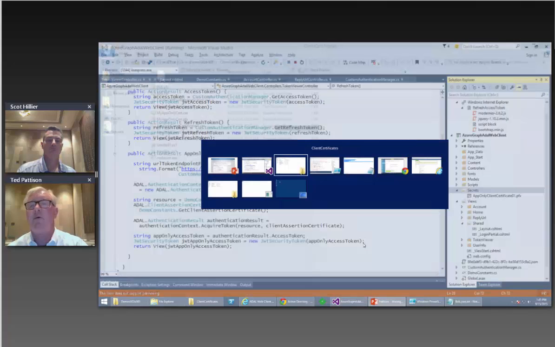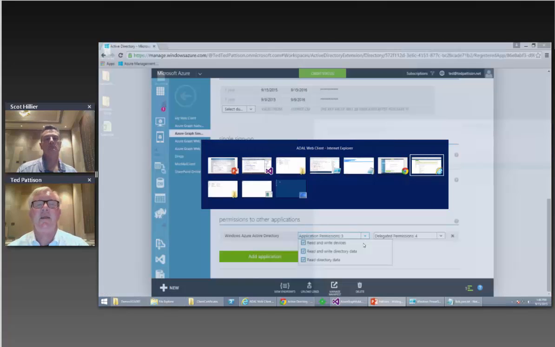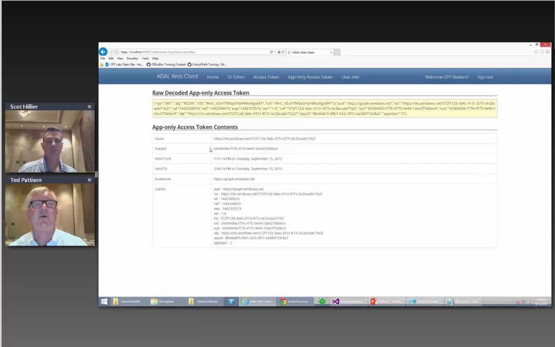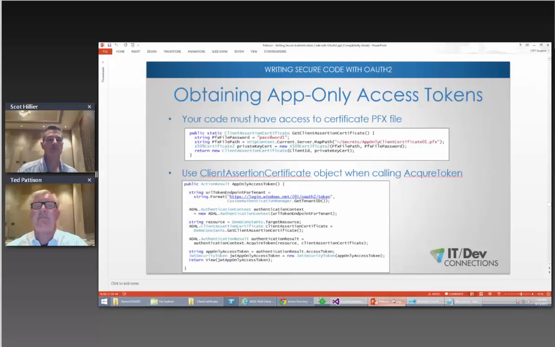Okay, so once again, if I come back here, here is a regular access token, and the subject is going to be the user itself. When you have the app-only access token, all of a sudden the subject becomes the app, and the app actually becomes the resource owner because it's the one that has the permissions it needs. It doesn't have to get delegated permissions from a different user. Okay, so now that we've seen that,